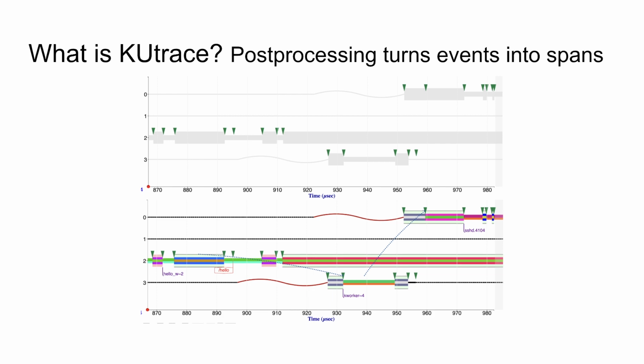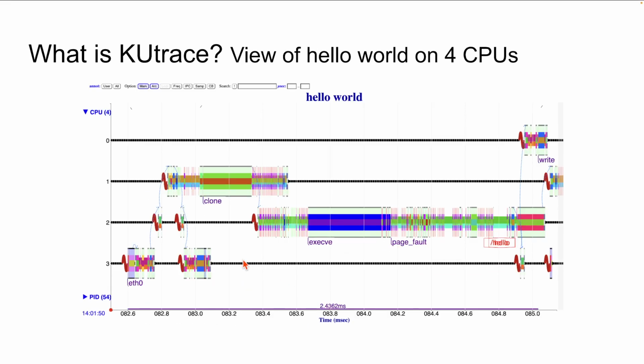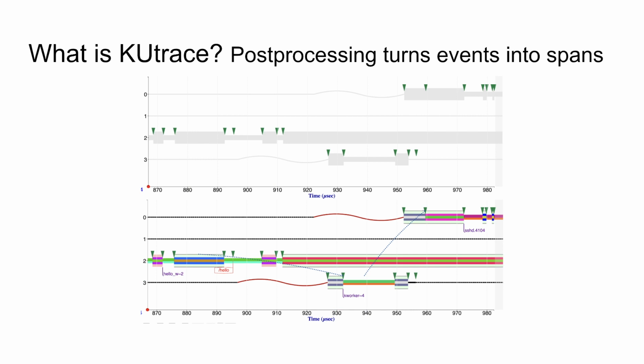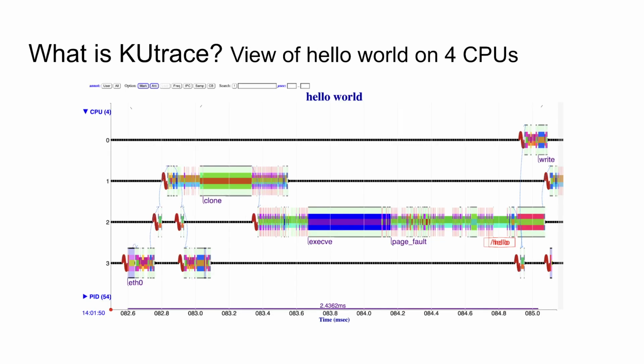When you turn a display like that into something for an entire process, you get a full picture across all the CPUs of where all the time went. This is an example of running hello world remotely. So it starts over here on the left with an Ethernet interrupt to the SSH daemon code, which wakes up kernel worker code, which wakes up bash, which clones itself to make a second copy of bash, which loads and then transfers control to hello world, which takes a bunch of page faults, which eventually runs hello world, which does a write,